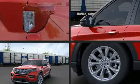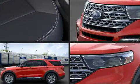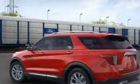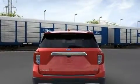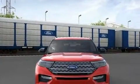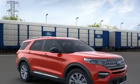Get excited about the 2021 Ford Explorer. A wealth of standard features mean that you no longer have to sacrifice, such as remote keyless entry, front and rear reading lights, a rear window wiper, power front seats, heated door mirrors, rear parking sensors, and a split folding rear seat. Features such as automatic climate control and leather upholstery prove that economical transportation does not need to be